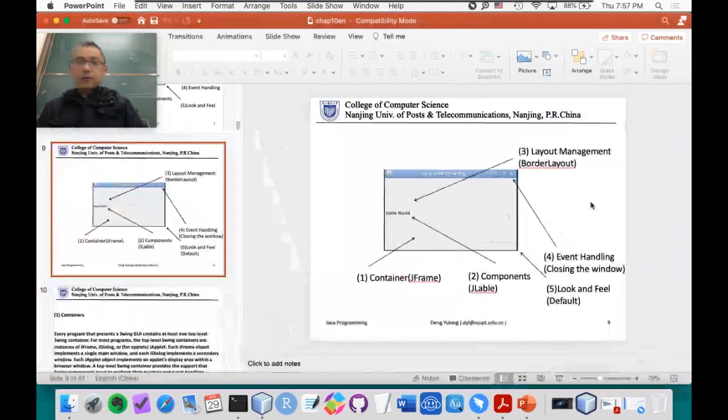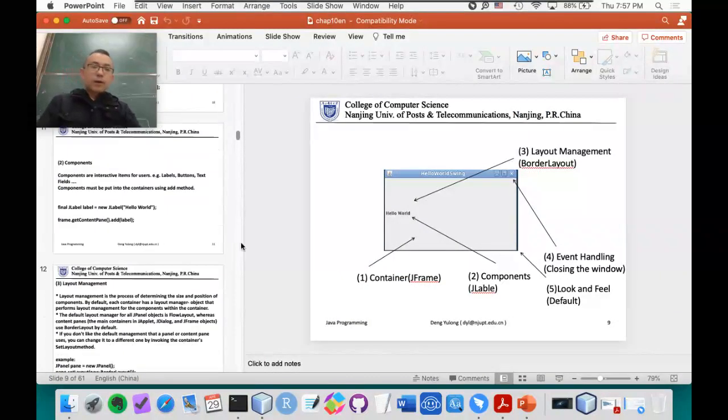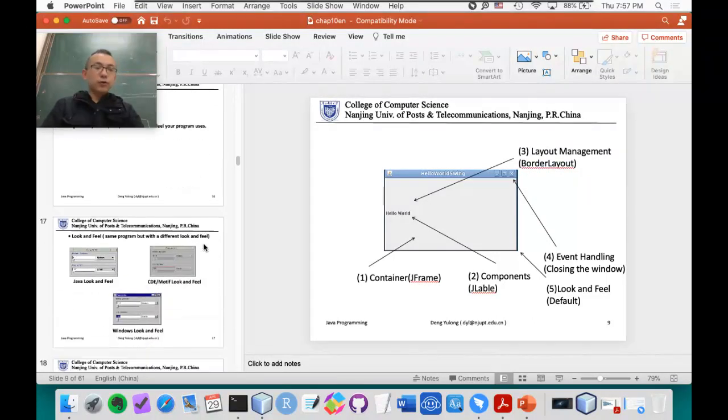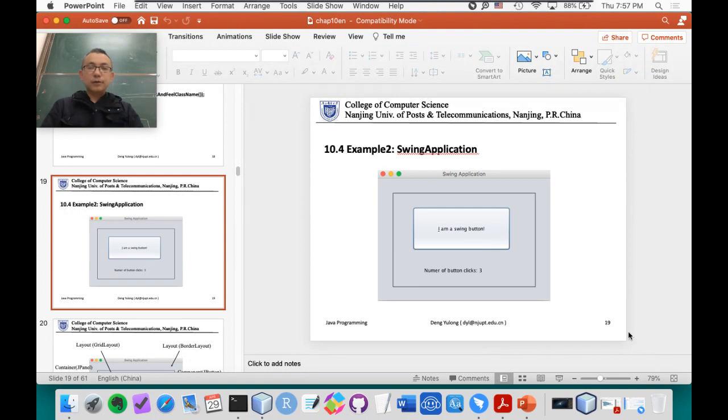Slide here. Okay. Well, next we'll show you a new application. That is this kind of application. The second example, a swing application. Now this swing application is a little bit more complex than the first